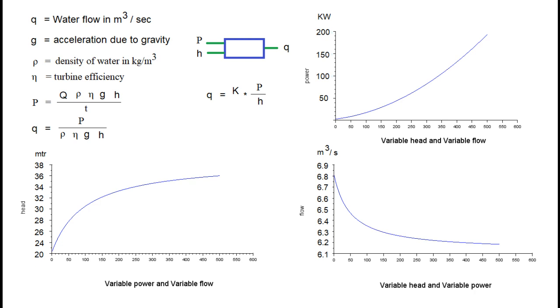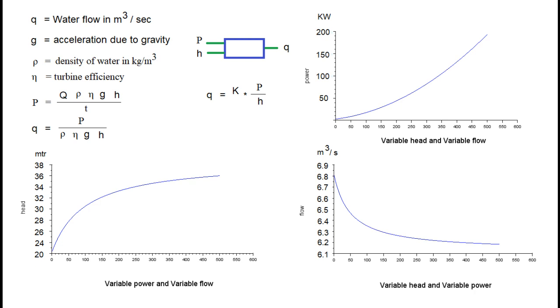Now consider the equation for electric power in terms of all the parameters explained just now. Some of the parameters are constants and other parameters are variables over a period of time. The variable parameters are power requirement from grid, that is P, existing water head H, and flow rate expected to generate required power.